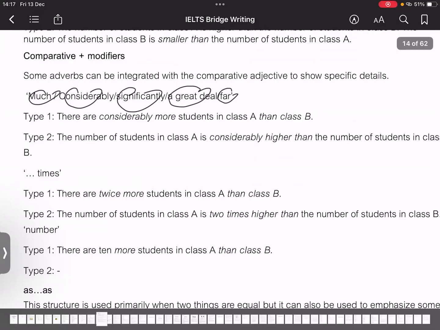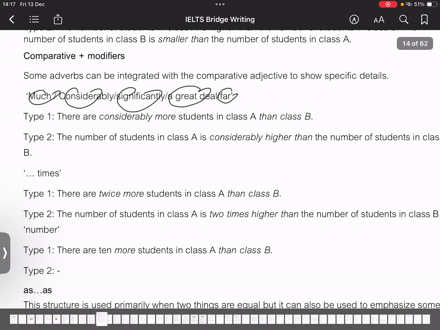So when you say, for example, quantity A is larger than quantity B, now without seeing the pictures, there's no way of telling whether quantity A is so much bigger or just slightly bigger than quantity B. So you want to use these adverbs when the discrepancy is huge, like quantity A would be 10 times, 20 times greater. Then you can use these adverbs to highlight the huge discrepancy.